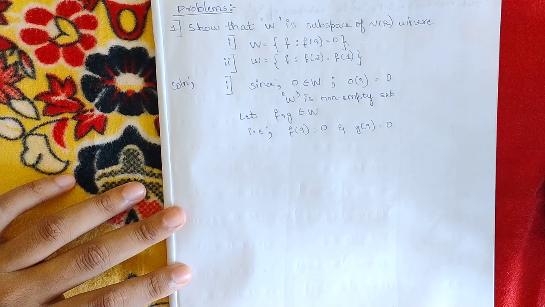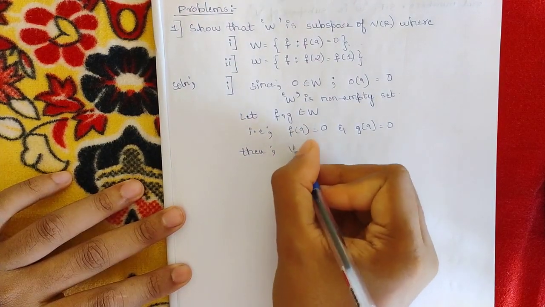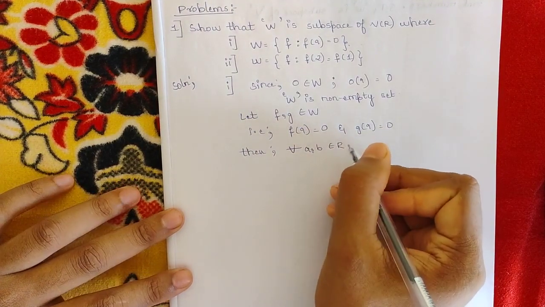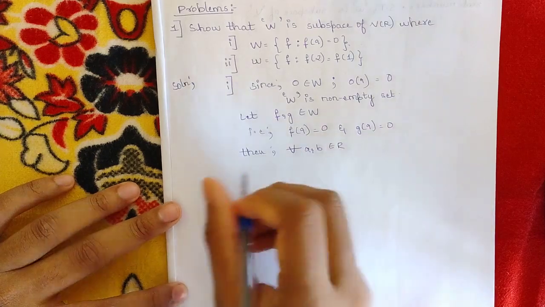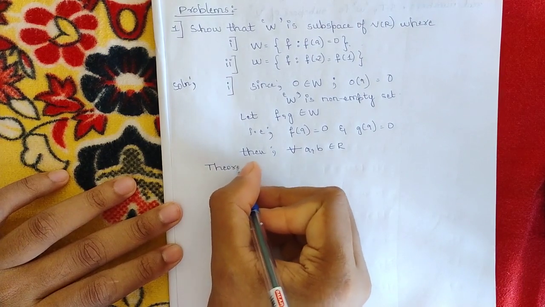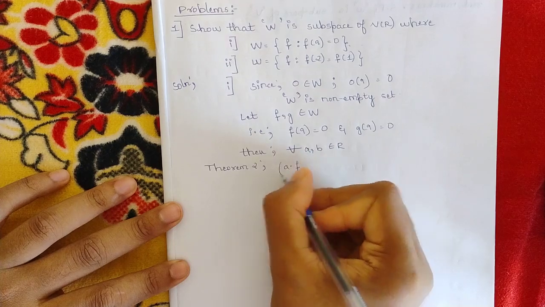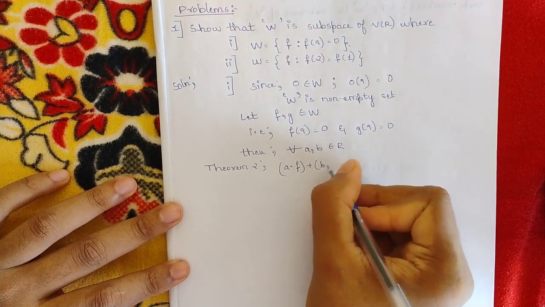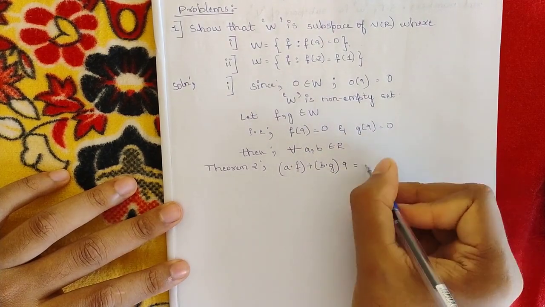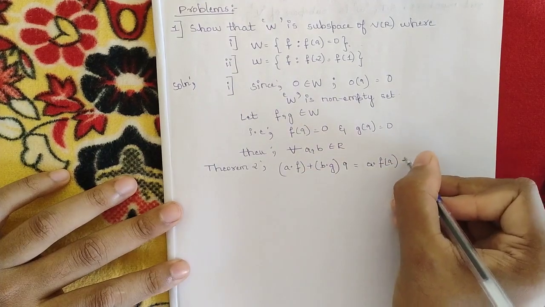Okay, now if this is the condition, then for all the values of a comma b belonging to R, we should be proving the theorem according to theorem 2. a dot f plus b dot g into 9 is equal to a dot f of 9, okay, plus b dot